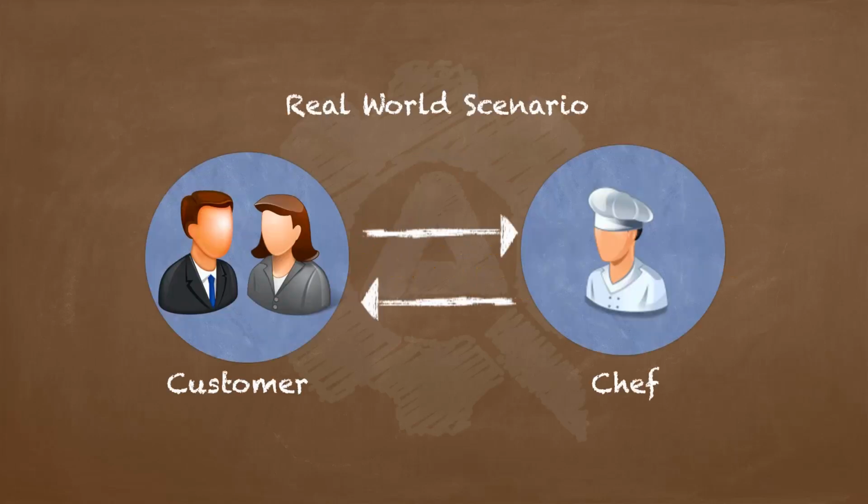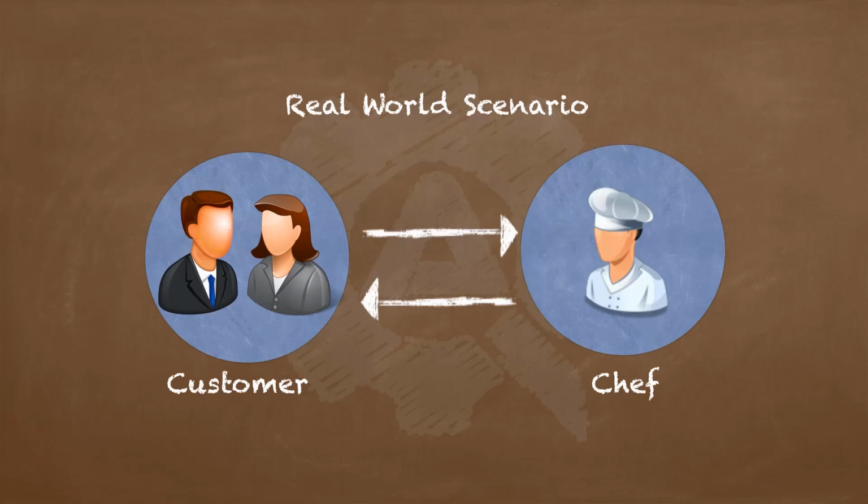So imagine you're in a hotel. You take a look at the menu card and see what the restaurant has to offer. You make a choice of what dish you want to eat. Now the chef needs to prepare this dish for you. So you go to the chef and tell him about your requirement. But the chef says this dish is not available because some ingredients are missing. So you again go back to your table and choose a new dish. Then go back to the chef and ask for it.